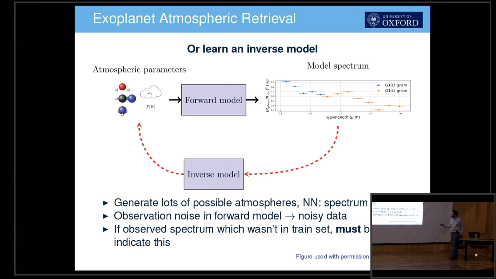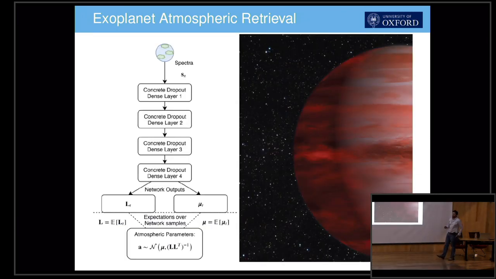If the observed spectrum is one we never saw in the training set, then I must be able to tell you that this is something I've never seen before. I don't want to tell you there's definitely water on that exoplanet just because I'm extrapolating confidently to some new spectrum. So this is a very good opportunity to use these tools for Bayesian deep learning, where we